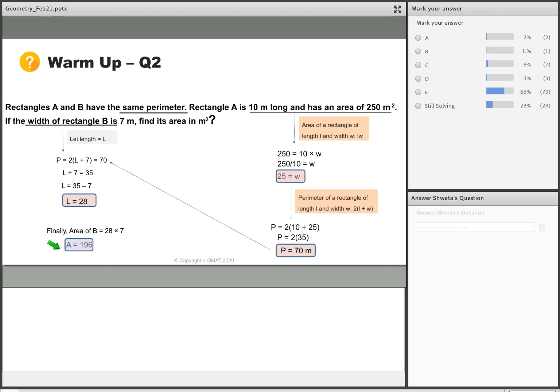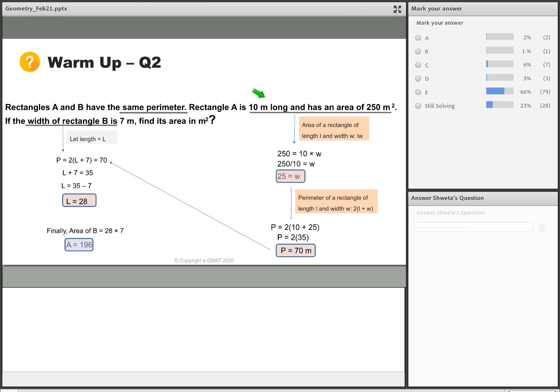The first two warm-up questions here really helped you do what? The first one just straight away asked you to calculate area and perimeter of a rectangle. So you revised, now you remember the formula very well if it was rusted. The second one here tells you what do you do if area is already given to you? Can you get any of the dimensions? Yes. So here again, it was area and perimeter. We used the same two things, but we saw how we can be given any two things and get the